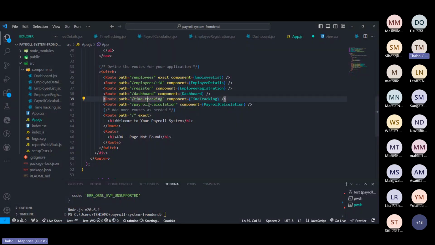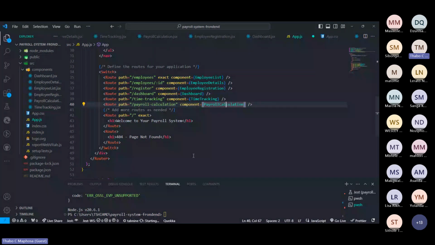It tells you that I'm routing a path for employees from employee list, a path for employee ID from employee details, the register path from registration, dashboard from dashboard, time tracking from time tracking, and payroll from payroll calculation. You can add more if you like.